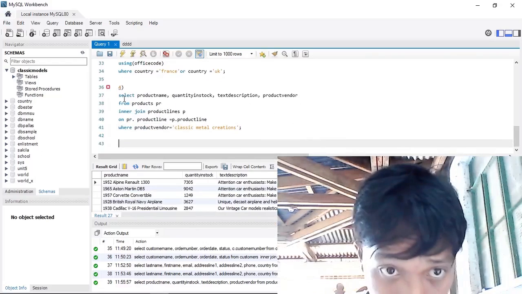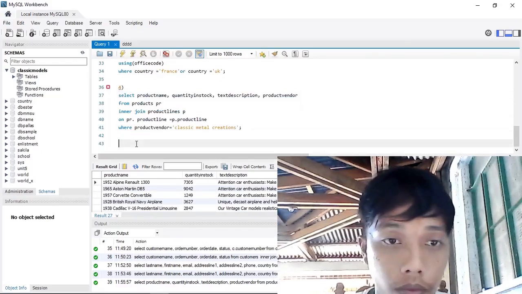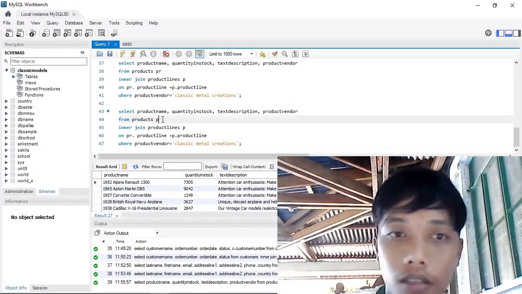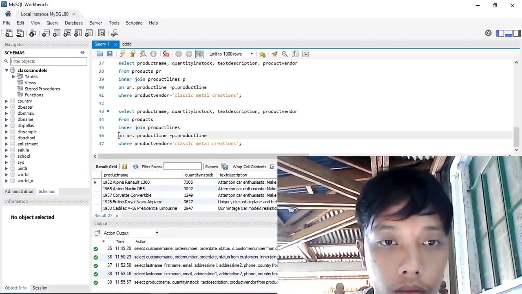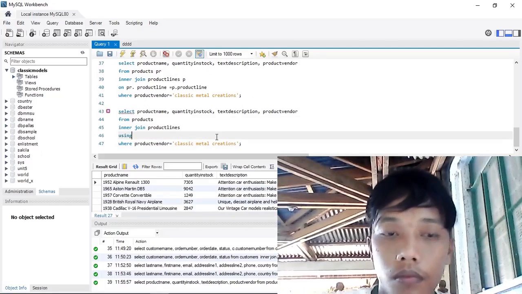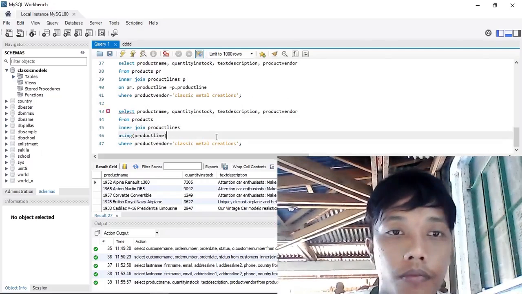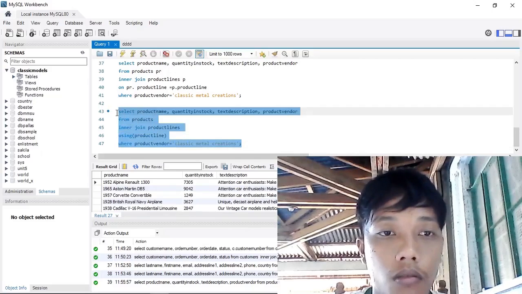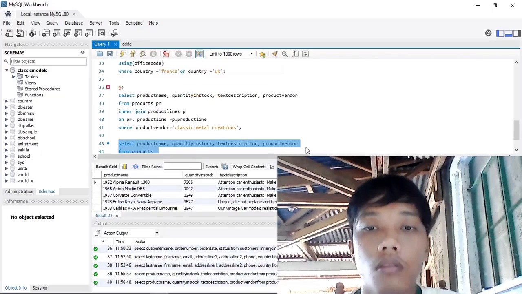Second syntax, I'm going to copy this again, Control C, Control V, then edit, remove the alias, then change this to using product line, then run again, then same output.